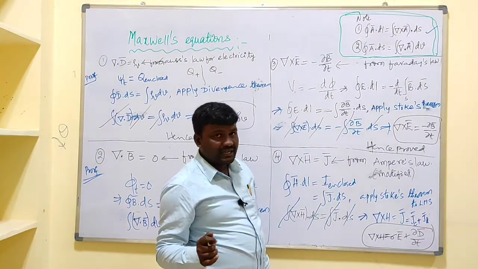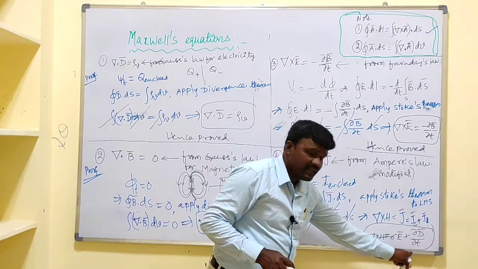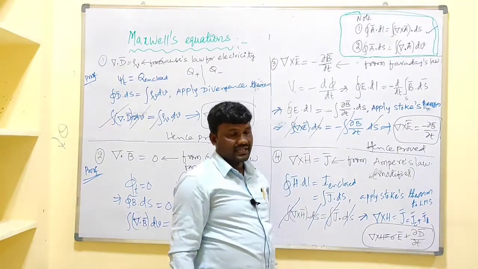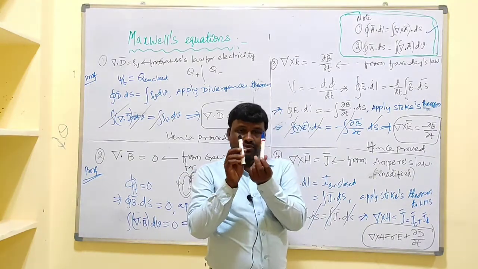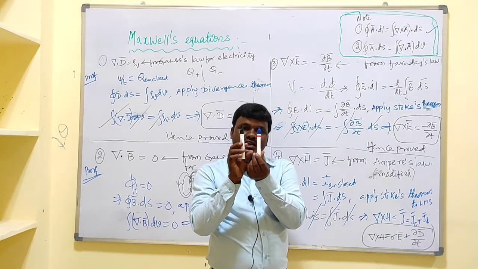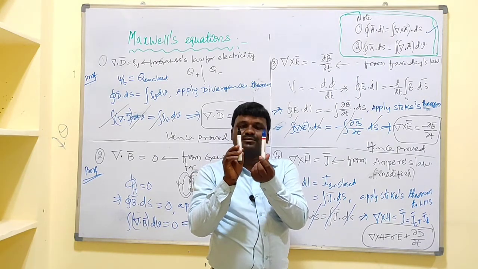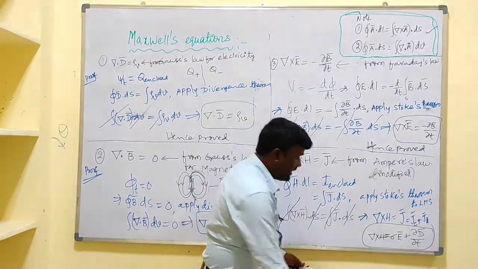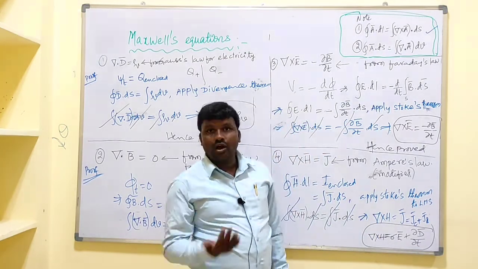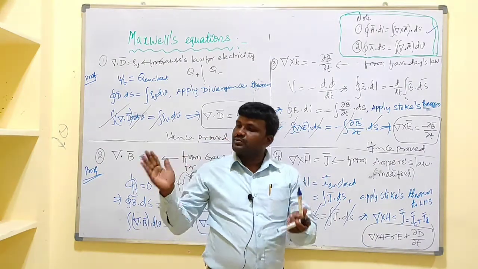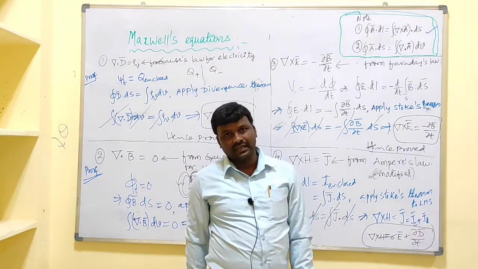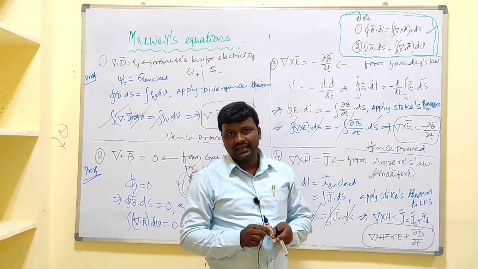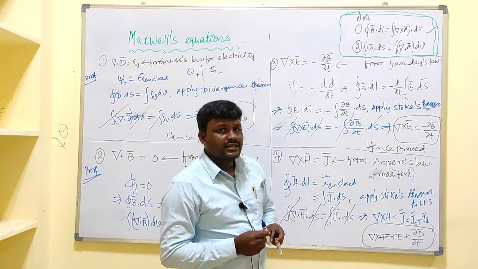But in case of the dielectrics, there exists current due to the time varying field. That current is nothing but a displacement current. In case of the capacitors, okay, capacitor plates separated by dielectric medium, but there exists a current between these two plates. Means what? Current through the dielectric medium. That current is nothing but what? A displacement current. Or else, how is electromagnetic wave traveling from this place to this place? Because of displacement current. In case of free space, electromagnetic wave is freely traveling because of what? A current called displacement current.